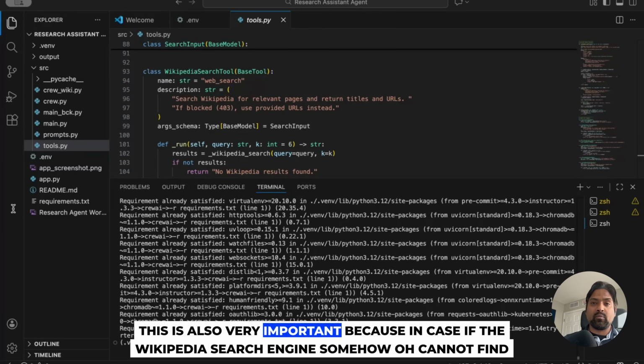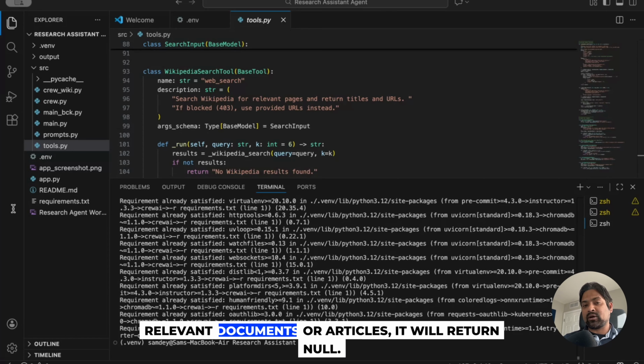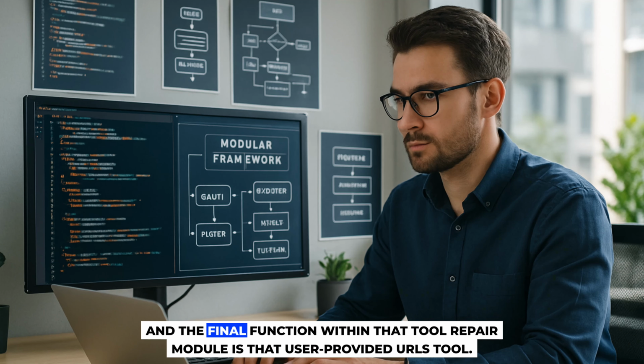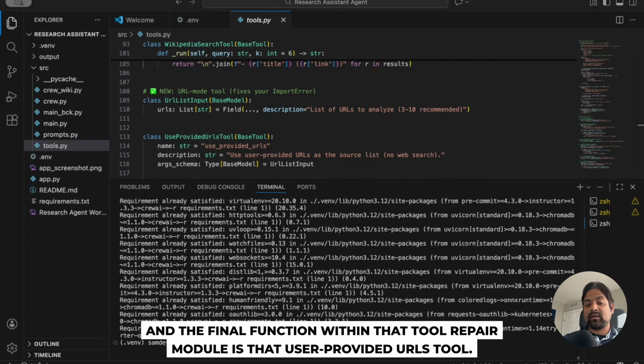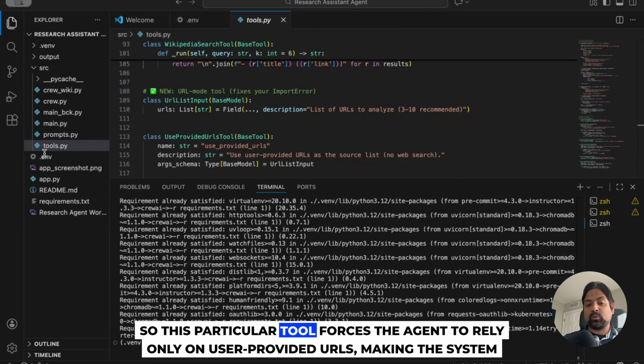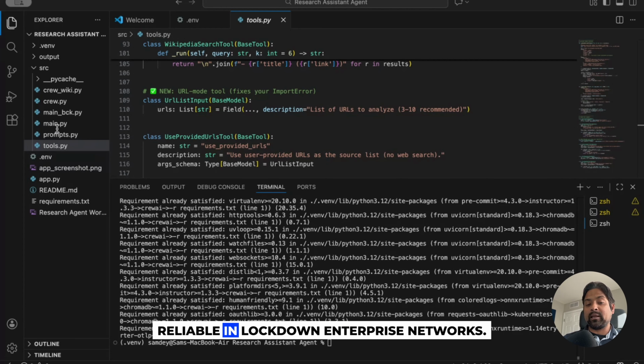This is also very important because in case the Wikipedia search engine somehow cannot find relevant documents or articles, it'll return null. And the final function within that tool wrapper module is the use provided URLs tool. This particular tool forces the agent to rely only on user-provided URLs, making the system reliable in lockdown